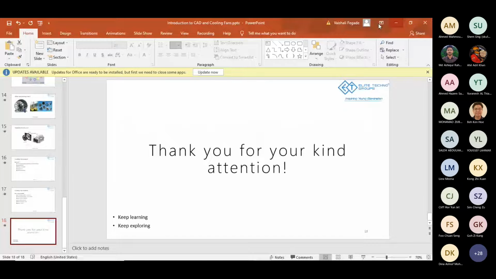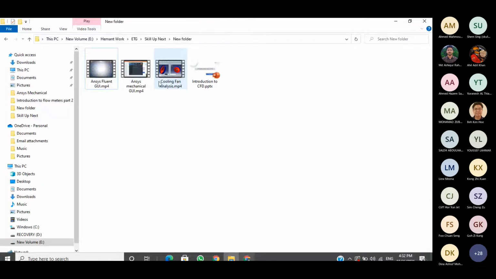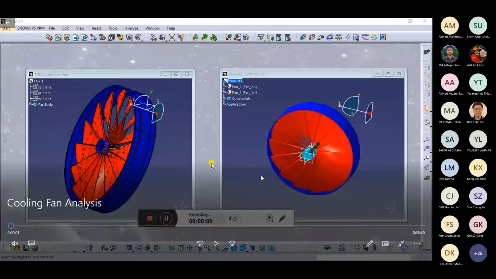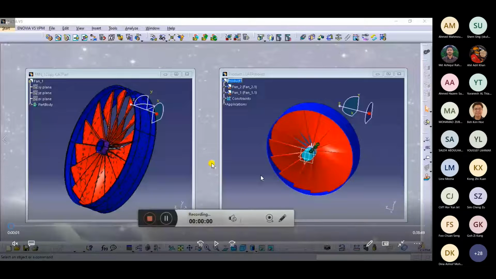To understand this simulation, I have primarily used two different software: this CAD software, CATIA, through which I constructed the part, and then I imported this part to ANSYS. I'm showing you this CAD here because it was simpler for me to edit or delete some unwanted components of this model, that are incompatible or unnecessary for our simulation. Based on our requirement, I have deleted them here itself for fewer complications in my ANSYS Fluent.